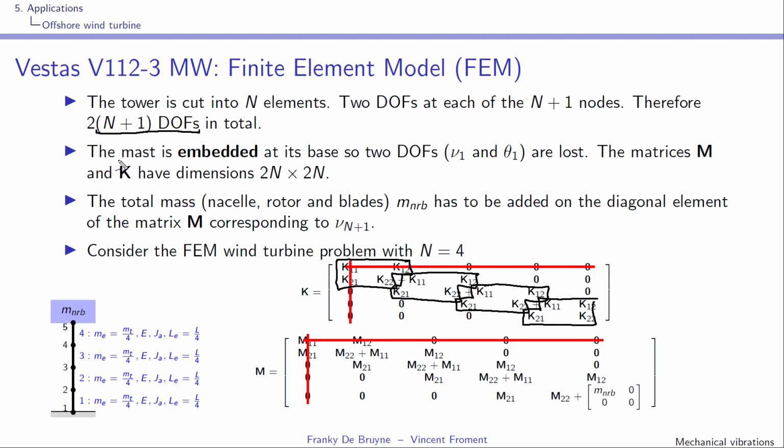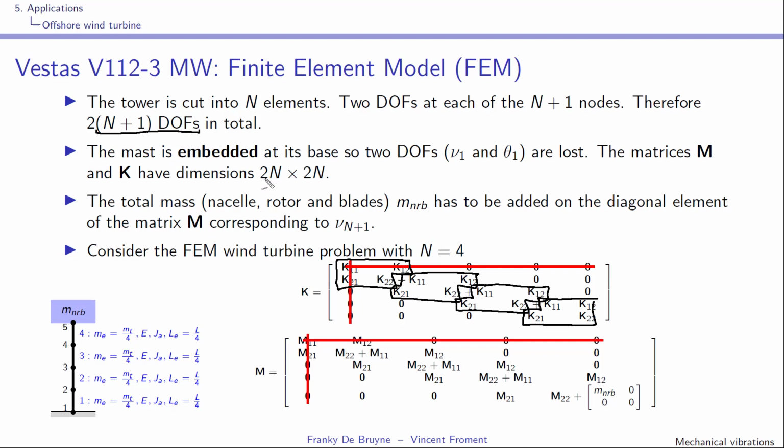Now, we have to remember that the mast is embedded at its base, so we lose 2 degrees of freedom. They correspond to the first node, so we lose a variable in translation and one in rotation. This is what is shown here by those lines in red. You have to take them out, and instead of having matrices of dimension 2 times (n+1), you have matrices of dimension 2n,